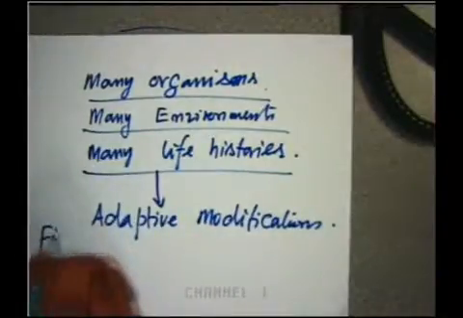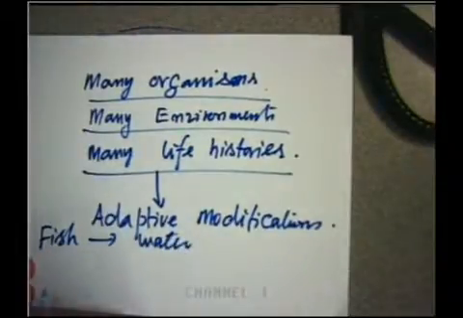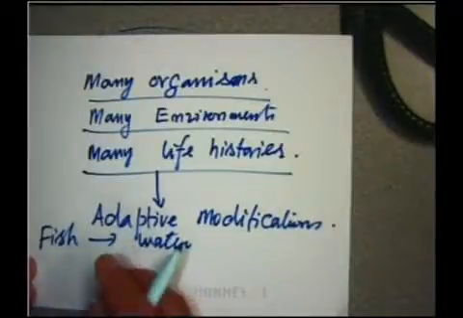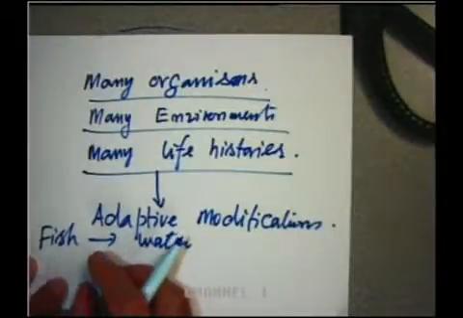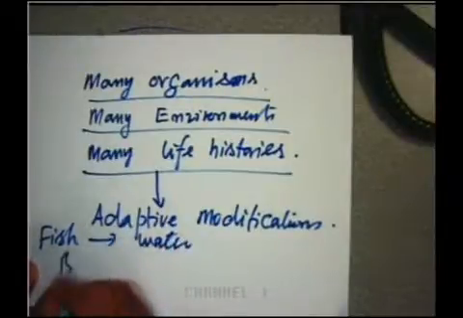Example, fish live in water. So when you take a fish outside the water, what will happen? It will die. Make a frying pan, fry and then eat. Right? So that is very simple. So if you have a bird,